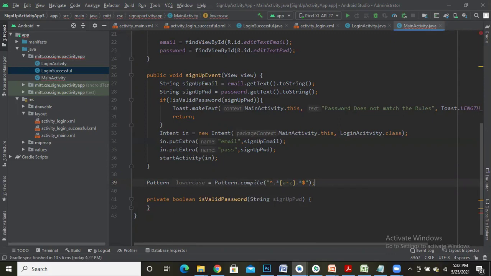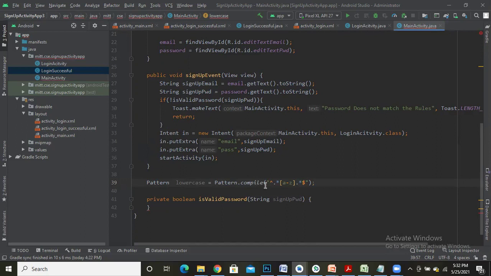What this regular expression tells you is that it should contain an alphabet from a to z, lowercase a to z. Caret indicates it has to begin with the pattern, and dollar indicates it is going to end the pattern. So caret indicates the beginning of your pattern, dollar indicates the ending. Star indicates that before your lowercase character you can have any number of characters, and after it you can have any number of characters. So this is the regular expression we build only for lowercase.